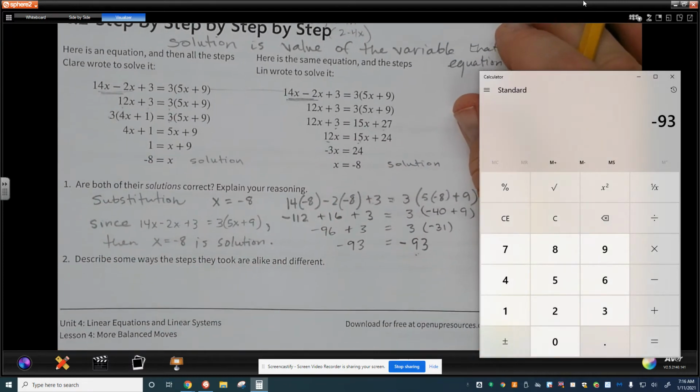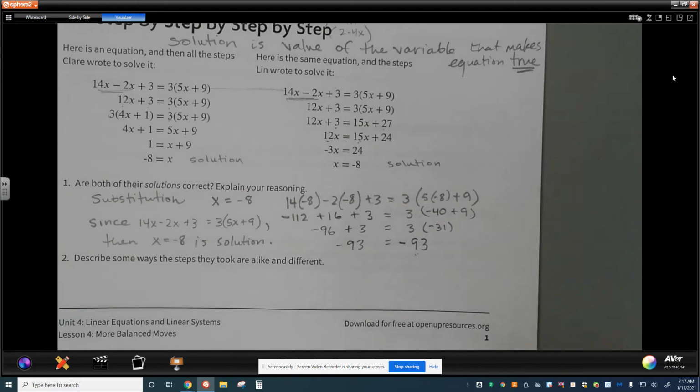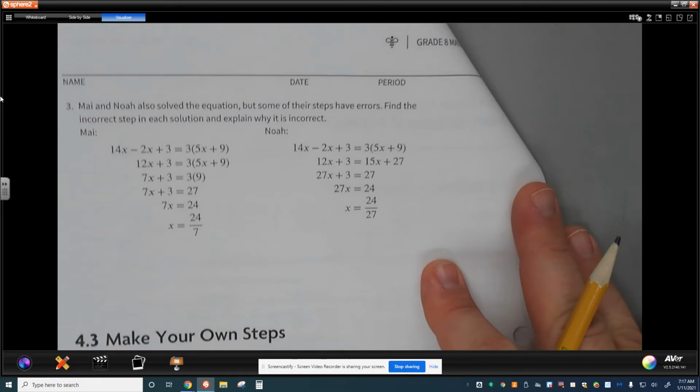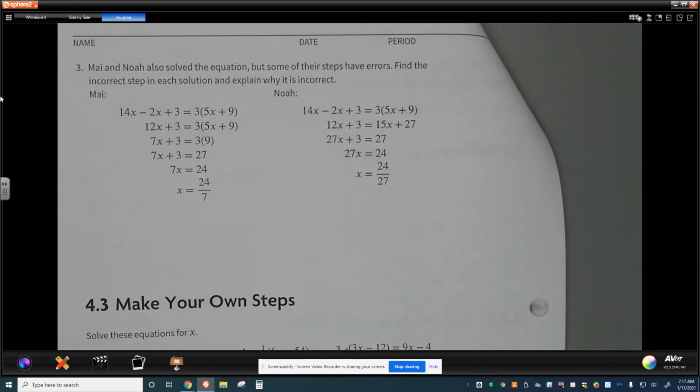So pretty cool to see how they can work the exact same equation a couple different ways, get the exact same answer. And the biggest thing is to know for a fact that their answer is correct. All right, let's look at our next two. This is a really important skill as well, where we have Maya and Noah, and maybe it's May. I don't know exactly how to pronounce that name, but